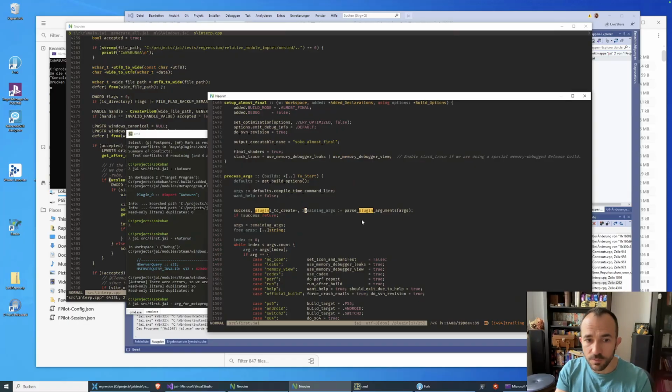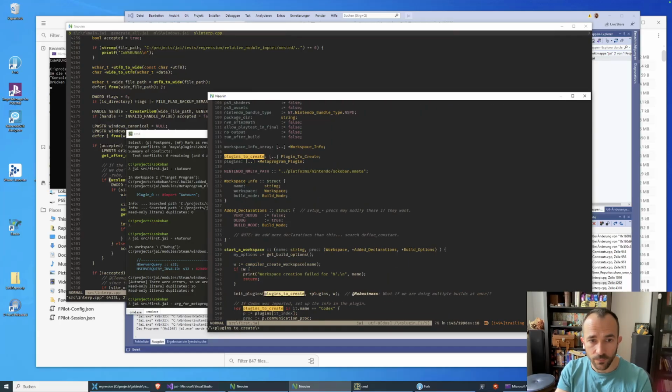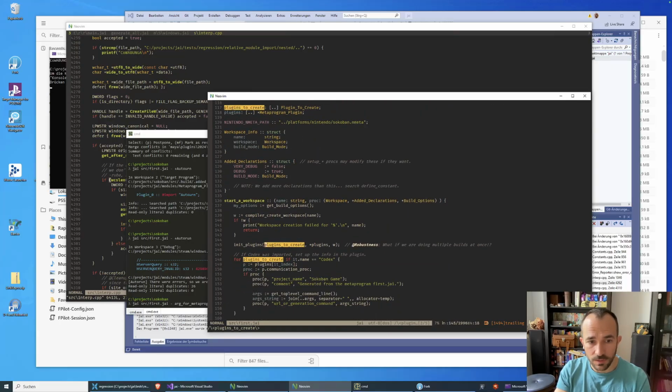So you get these in remaining args, and then you can just go over remaining args to handle your args if you have some, and then you just use init plugins and plugins to create, and then you have your plugins, and then you have to feed the messages to the plugins, which is another couple of lines. So in total, it's maybe 10 lines extra, and you have arbitrary plugin support in your metaprogram.